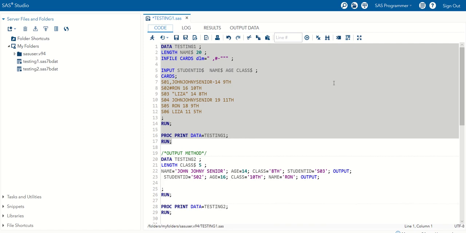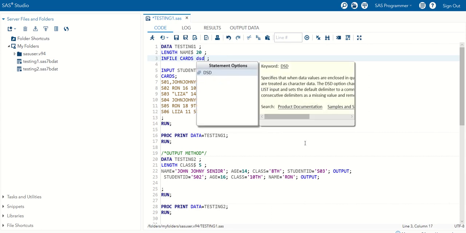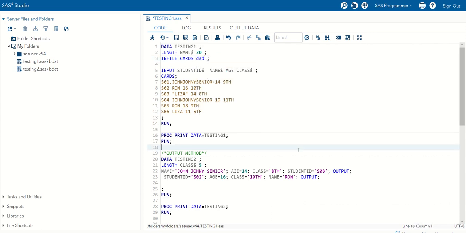Now there's another similar concept: when we only have comma, single quotes or double quotes as delimiters, then we can also use DSD instead of giving all this long statement. This only works for comma, single quote and double quote. So we can use this. That's it, that's the data sensitive delimiter, DSD. So if you only have comma; a hyphen won't work. For hyphen it won't work.